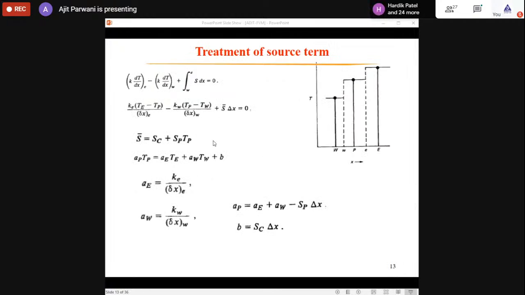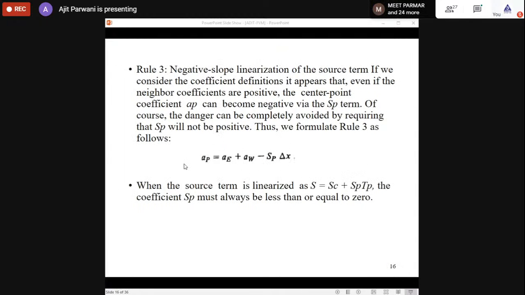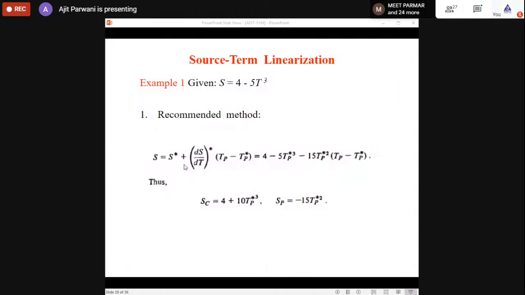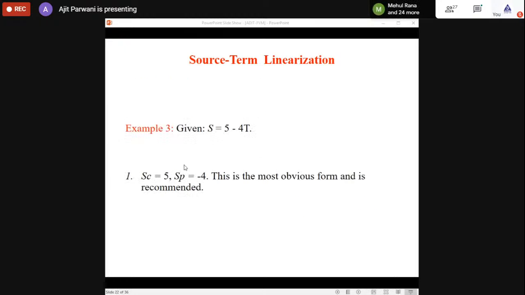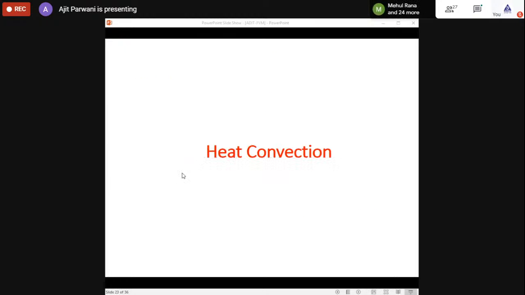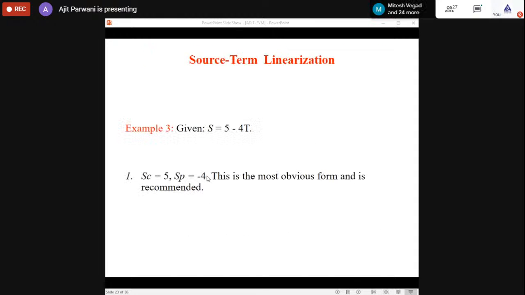There is theory behind it, but I am not going into that theory. Why do we take the harmonic mean? Why don't we take the arithmetic mean? There is theory, and I will not discuss it now. Okay, so that's all for conduction. There are other things in conduction that I'm skipping because of the time constraint.